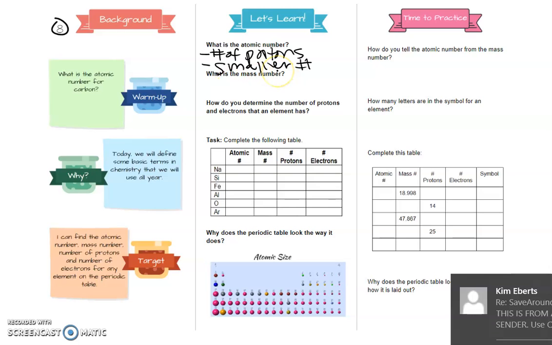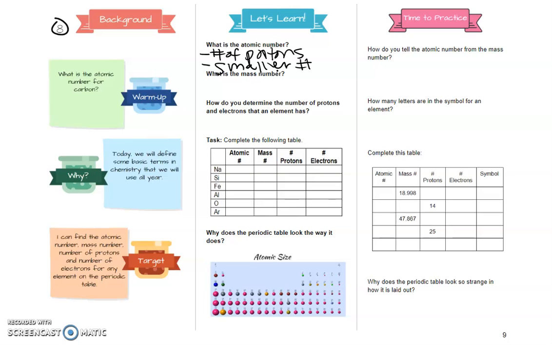What is the mass number? So that's going to tell you what the average atomic mass is for that element, okay? So what that means is it's going to be an average of all the isotopes that exist for that element, okay? So notice it's an average, which when we look at this on the periodic table, that's why it's going to be a decimal. That's not a whole number because it's been averaged up. So all the isotopes added together and divided by the number of isotopes essentially based off of how much they